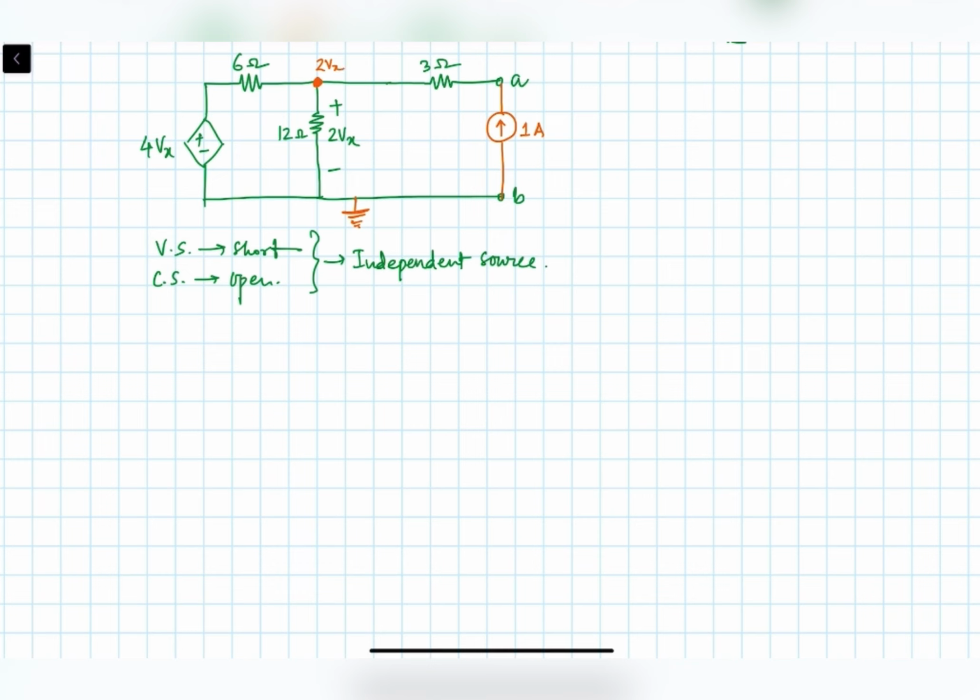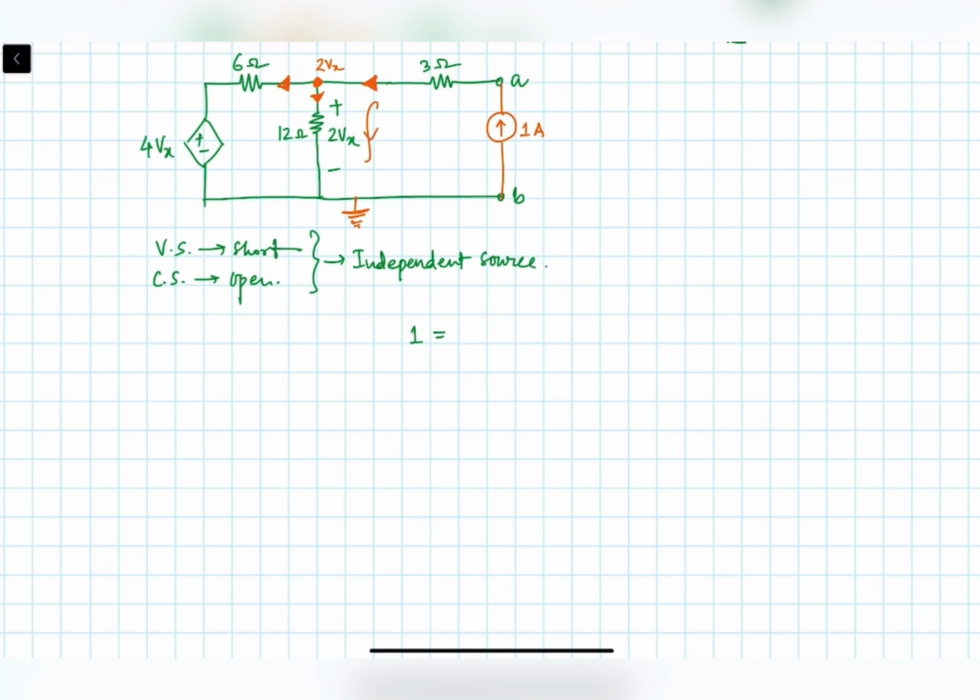Now the current in this direction and in this direction will be equal to the current incoming from this side. Yes, it's like a KCL equation. The KCL equation says that the incoming current and the outgoing current, the sum of those currents will be 0, right? So this current is incoming, and these two have to be equal to the incoming current. The incoming current is 1 ampere. In this side only 1 ampere is coming, so 1 is equal to the current in this side,